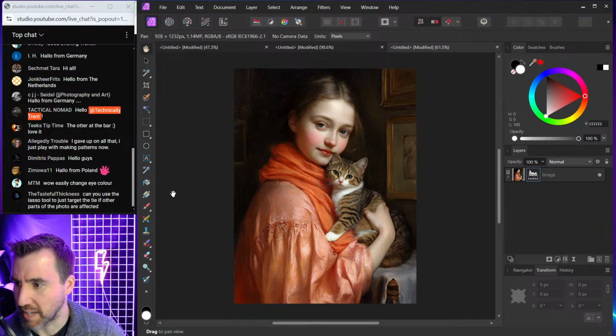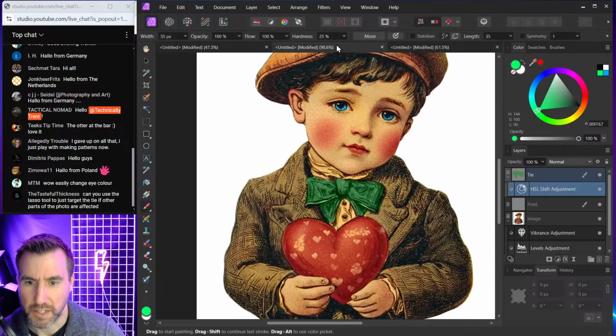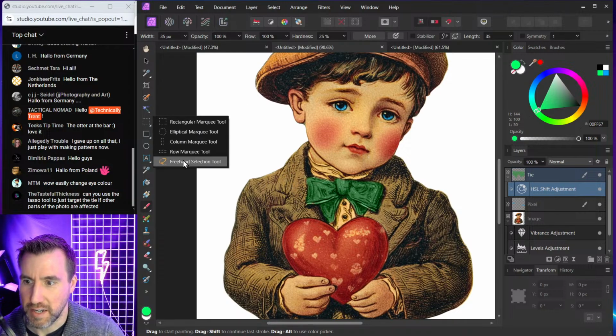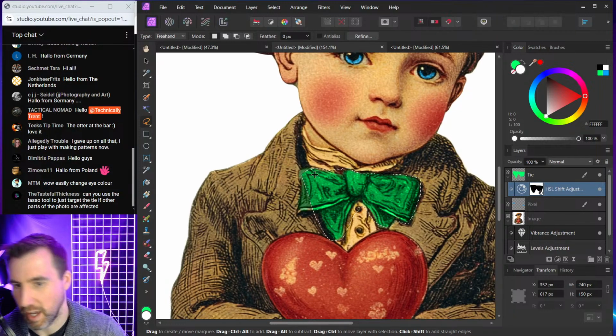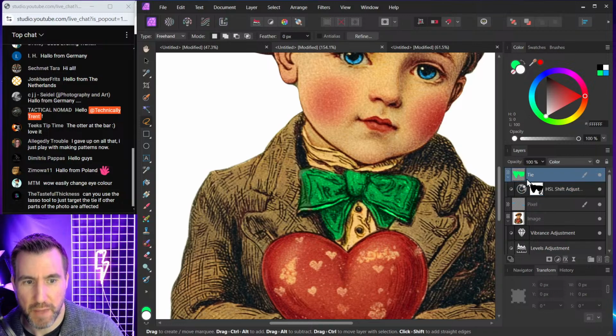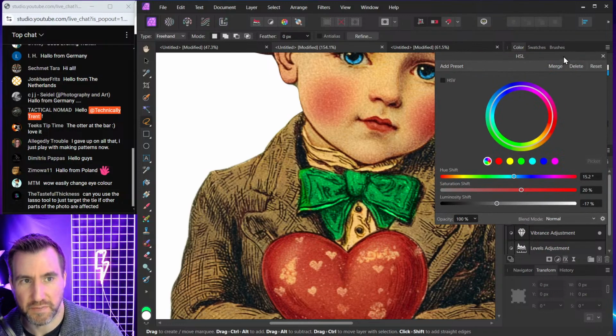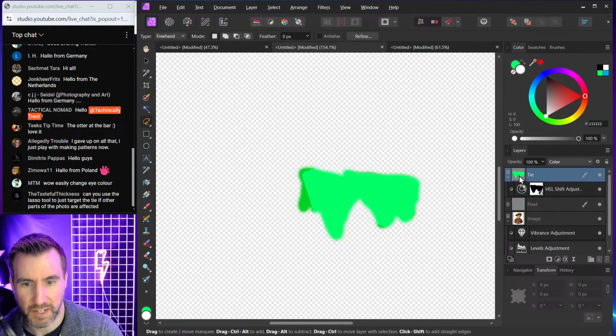Tasteful thickness. Can you use the lasso tool to just target the tie if other parts of the photo are affected? Yeah, definitely. You could use the lasso tool to create an area that you want to be the only thing affected. I'd obviously draw a better version if I was going to do that method. When I did this method here, the HSL adjustment, it just affected the pixels that I painted. So it was just affecting this stuff here. It wasn't affecting the other stuff. But you could also use the lasso tool to create a mask, basically,